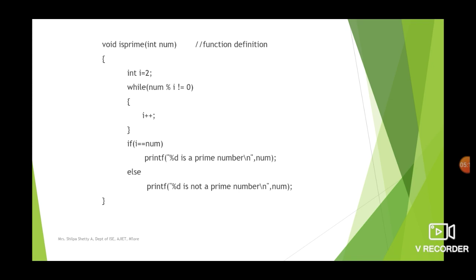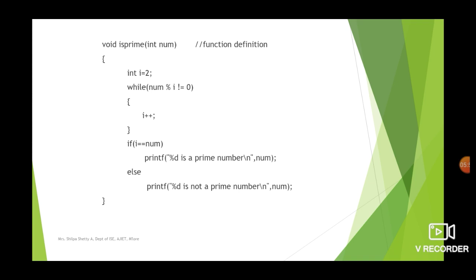Or if we take the number as, for example, say 9, then 9 divided by 2, it's not divisible. Next we divide 9 by 3, it is divisible. So we have not reached till 9. The minute we divided the number by 3, we got the remainder as 0. So we can conclude that it's not a prime number. So if the number is a prime number, then you will go on dividing that number till you reach the number itself, because all the others it's not divisible, so you will just continue doing that. So that is the logic being followed.